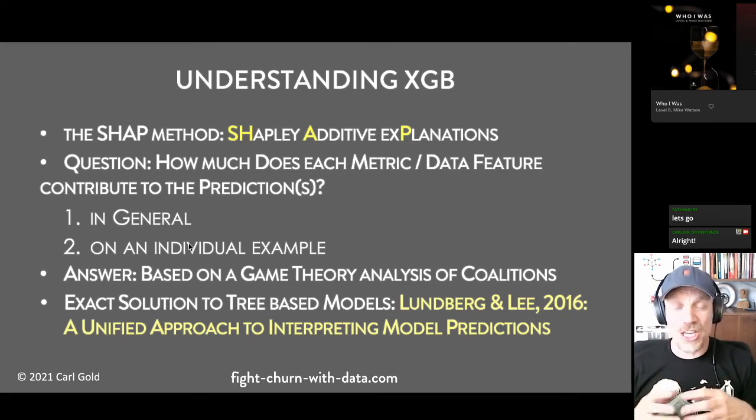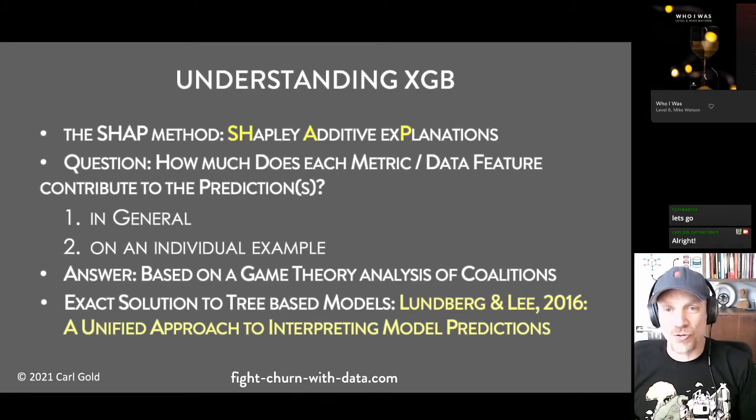There's a huge number of possible subsets. However, the key breakthrough in 2016 from Lundberg and Lee was an exact solution to using SHAP explanatory variables for tree-based methods like decision trees or XGBoost. That is in this paper I'm showing here, A Unified Approach to Interpreting Model Predictions.